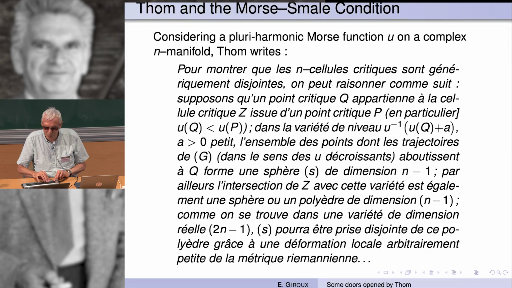So what he says is the following: he is considering a pluriharmonic Morse function on a complex manifold, which is essentially the squared norm of a holomorphic function away from the zeros of the function. So such a function has only critical points of index n. And Thom writes the following, that he can make the descending cells disjoint. That's what he claims. And he explains, to show that the critical n-cells are generically disjoint, we can argue